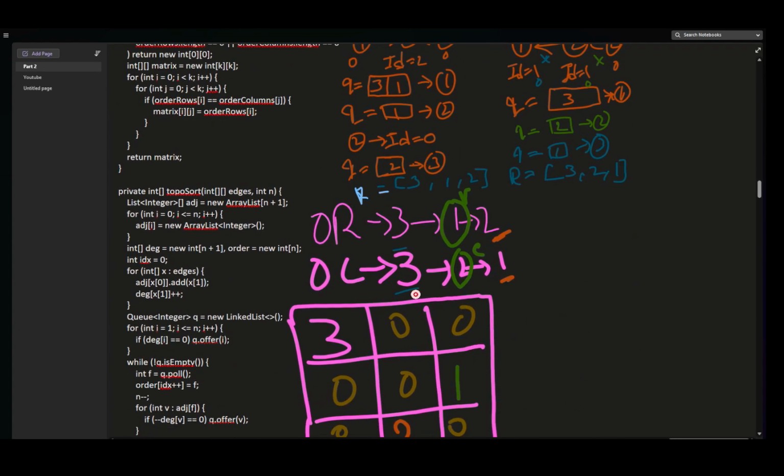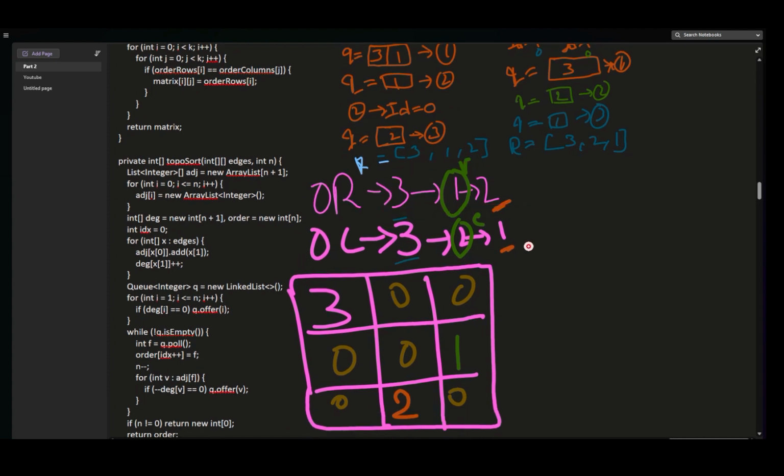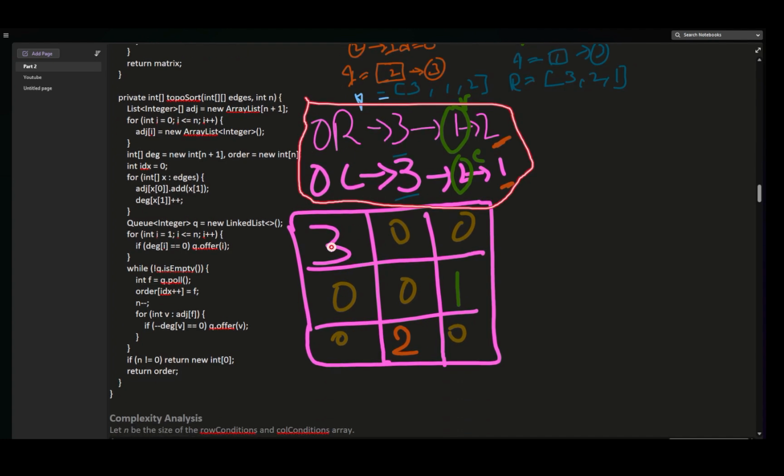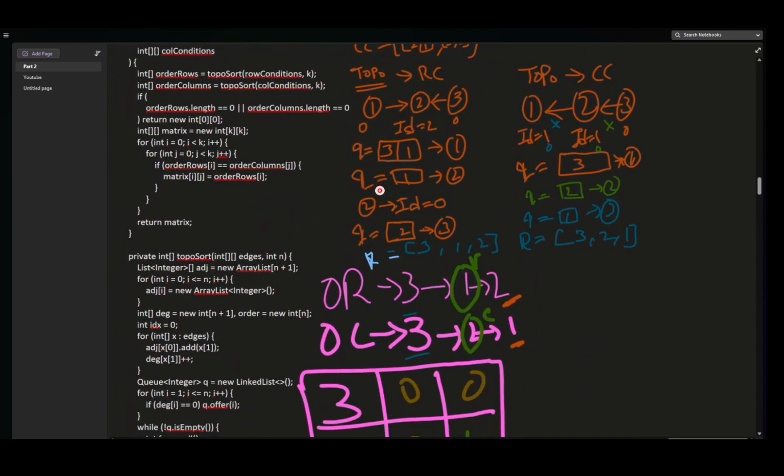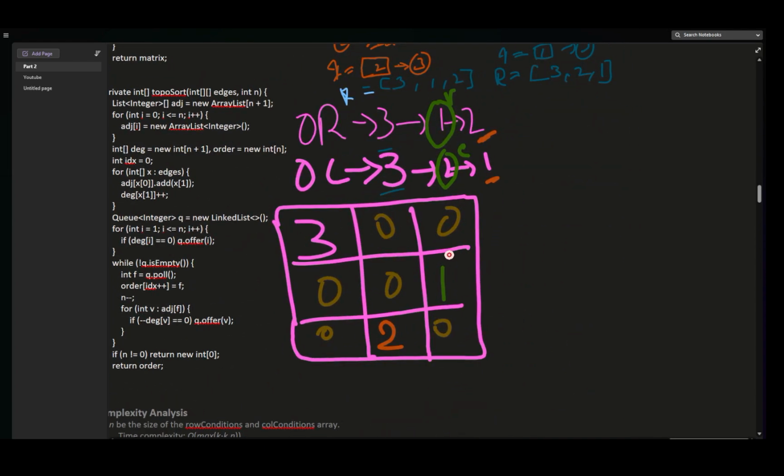So at the end, we are getting two topological sorts for rows and columns. With the help of the ordered conditions, we have to build such a two-dimensional matrix. We are taking a two-dimensional matrix of size k into k, and in this k is nothing but 3, right? So we are taking a 3 by 3 matrix, and after taking that, the first element, the matrix of the first